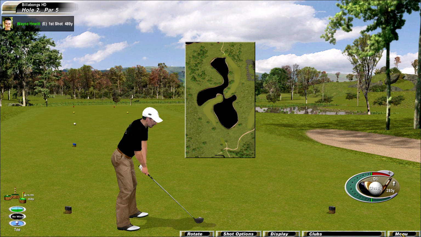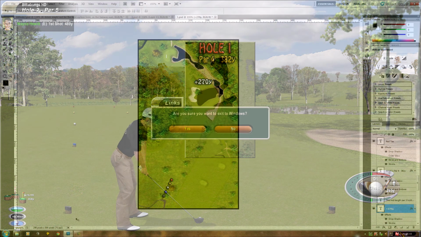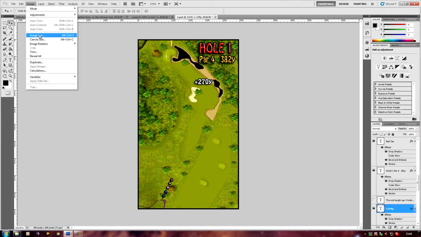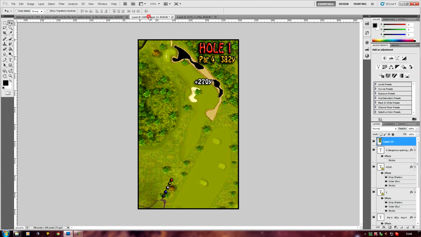Then it's into Photoshop to create the actual hole previews. Now I'm into Photoshop again, and size wise we need to create an image size of 298 by 500 pixels, and that's the complete size of the background for the hole preview. The actual image of the course doesn't have to be that size. In this case it is, but I've done other hole previews such as